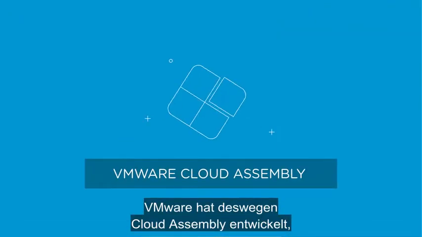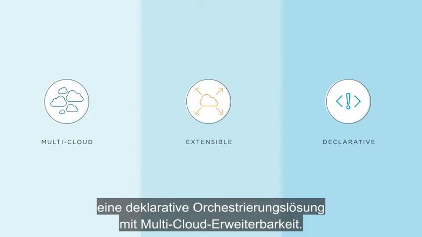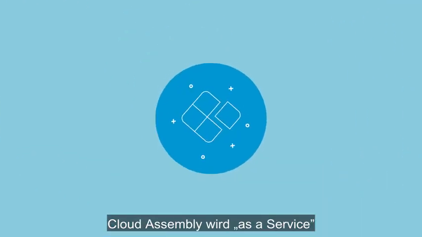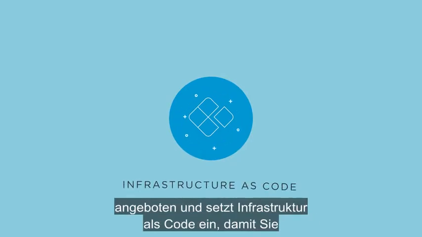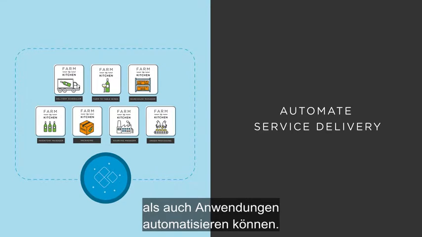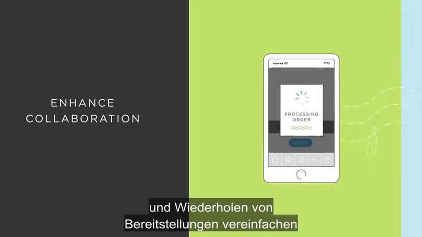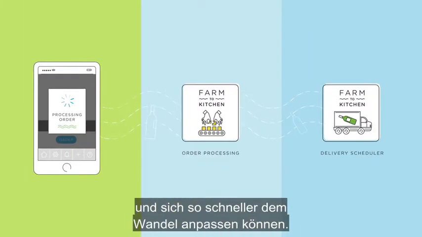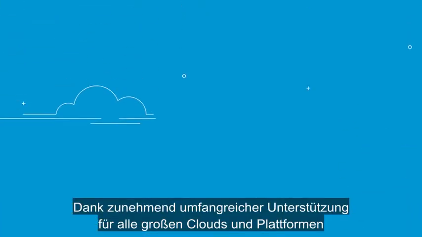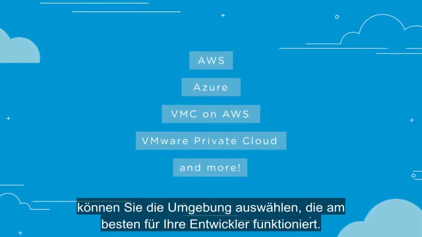That's why VMware created Cloud Assembly, a multi-cloud extensible declarative orchestration solution. Delivered as a service, Cloud Assembly enables infrastructure as code, giving you the ability to automate service delivery across infrastructure and applications. Enhance collaboration by easily sharing content and iterating on existing deployments, so you can adapt to change more quickly. With wide and growing support for all major clouds and platforms, you can choose whatever environment works best for